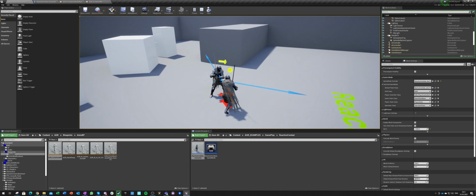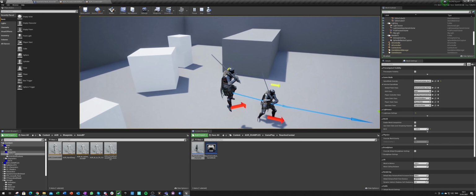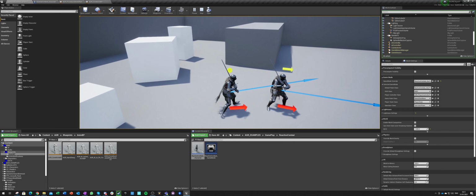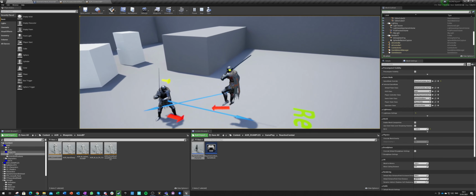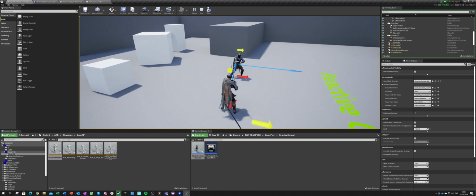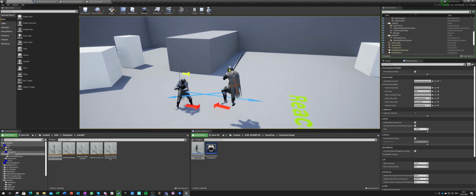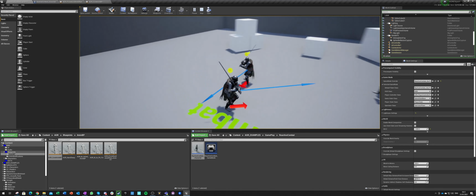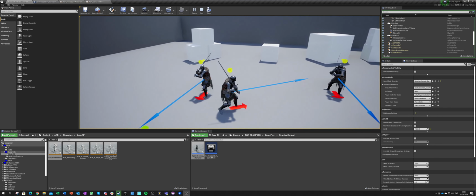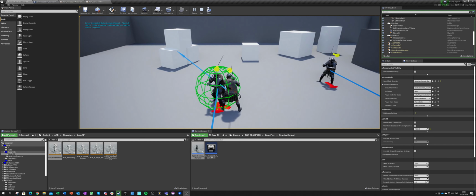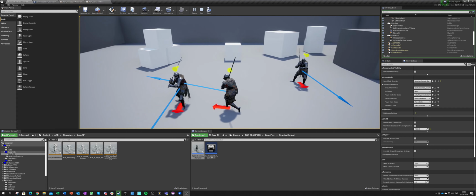My rotation is fluent, my aim rotation is fluent. I am targeting him all the time. If I would use my control rotation to cast spells at him or throw a projectile, I could use it directly without any additional calculations of, you know, rotation and stuff. And now if I am closer to this guy and I try to attack, I will acquire new target, rotate towards him and attack.